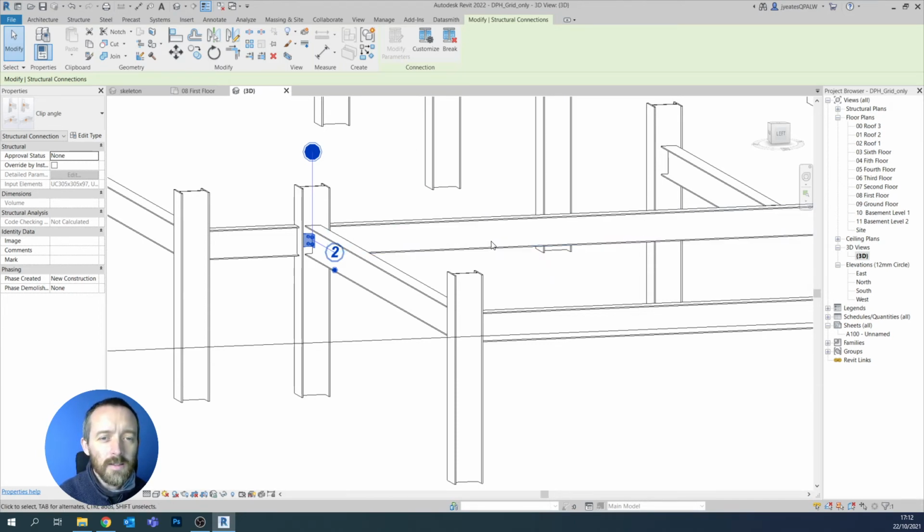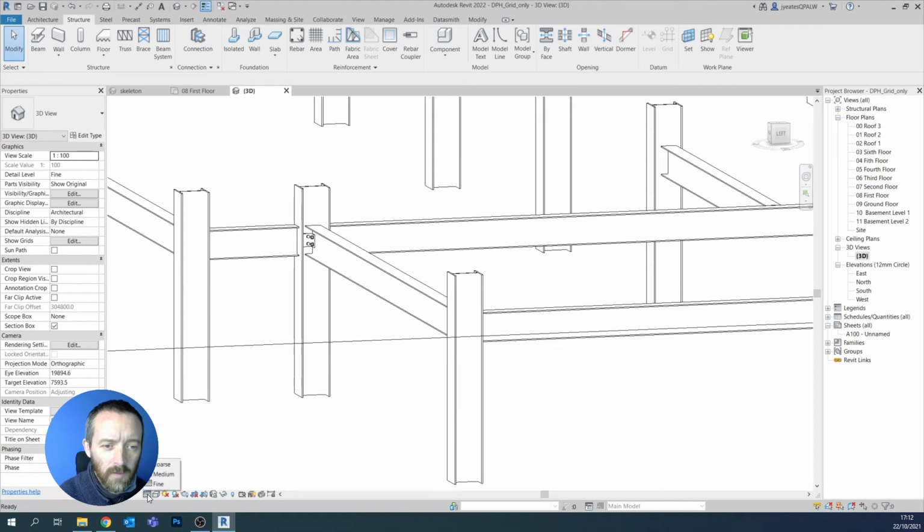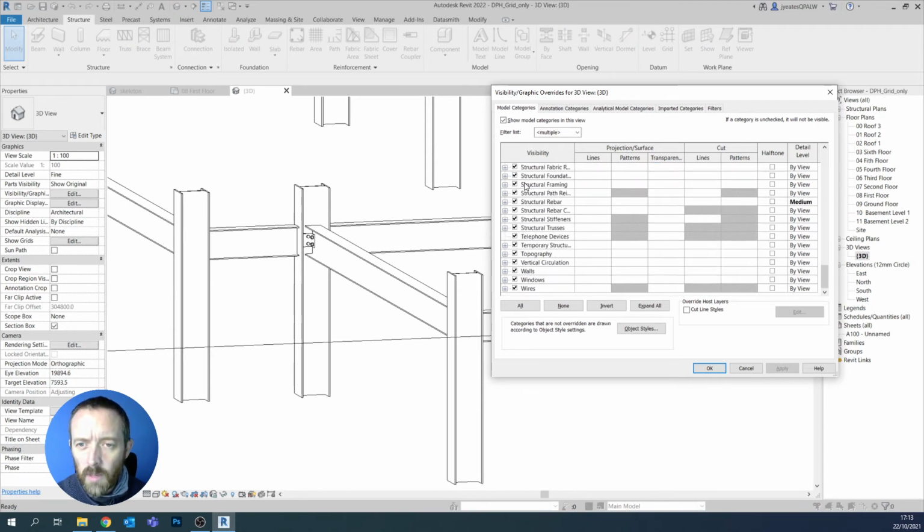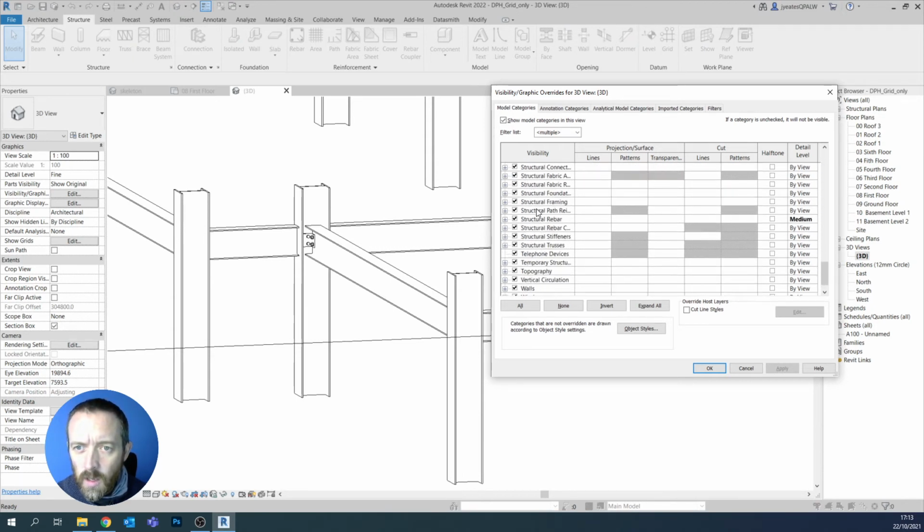And you might not see those, and to see those you have to be in fine level of detail. If I go to medium, you can see that it removes that information. So you've got to have the fine level of detail. And also one extra thing is you'll need to check out visibility graphics. That's VG, because in visibility graphics under structural